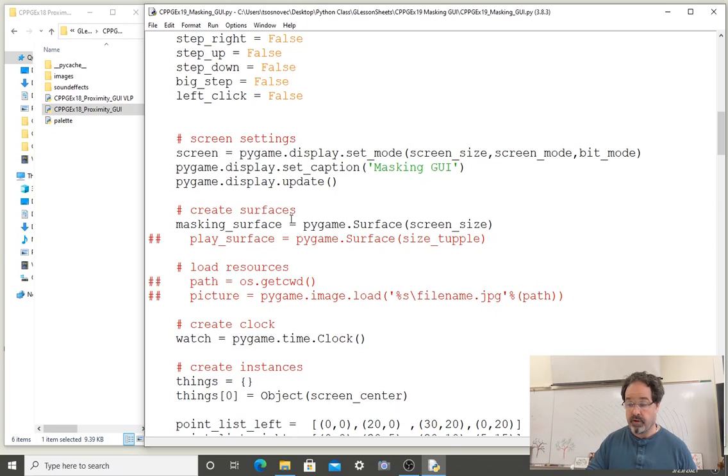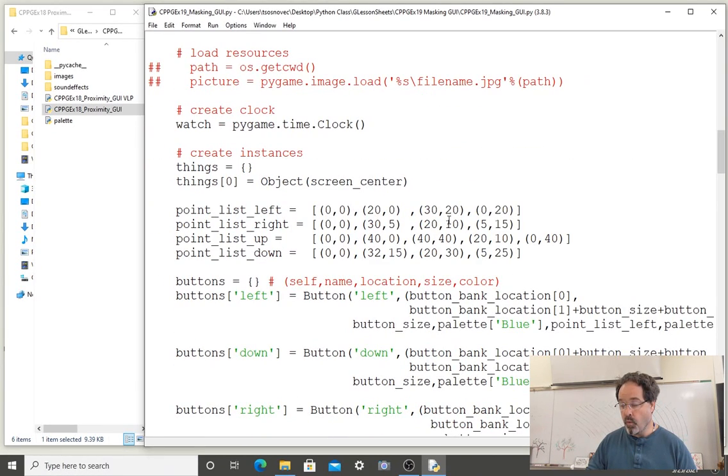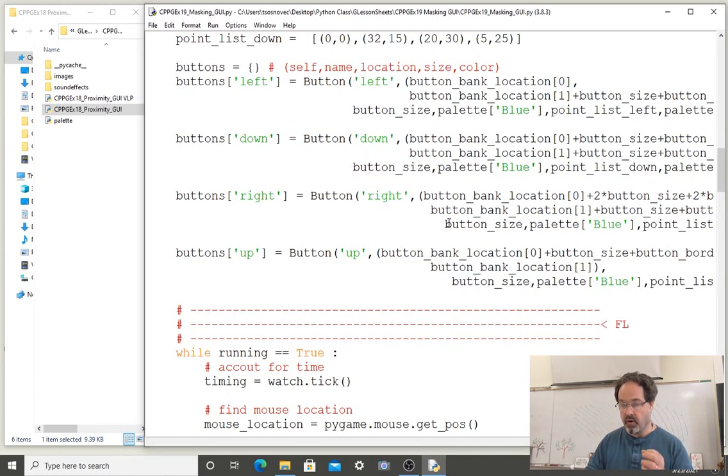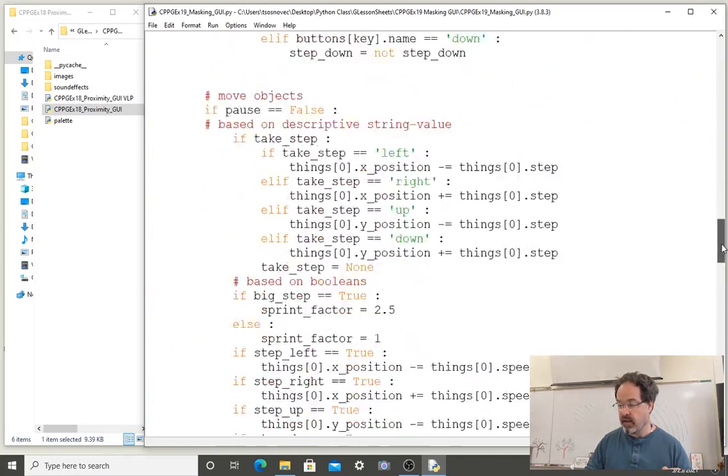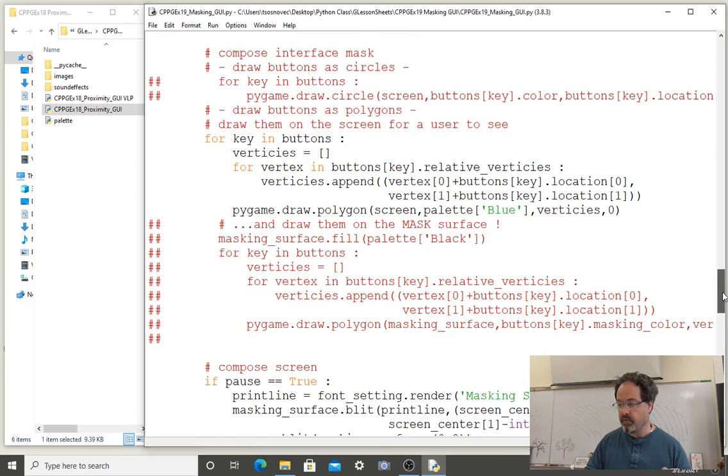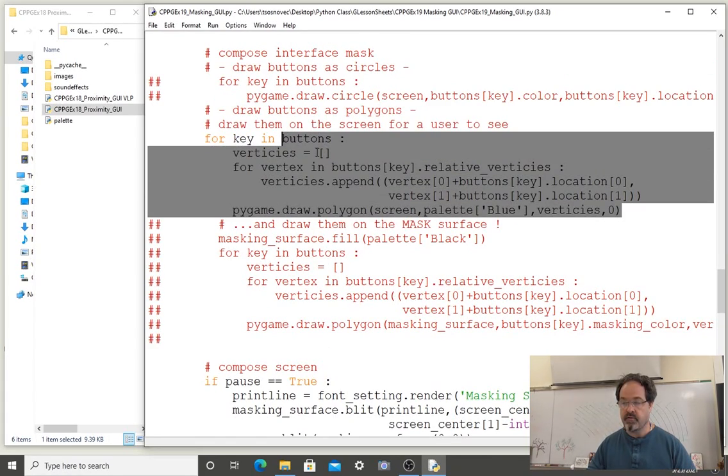First of all, we have to create an additional surface, and it's going to be the same size as the screen, because there needs to be a correspondence between the things that the user sees and the masking surface that we're going to check for interaction. So they're the same size. I've created that surface and I've called it masking surface. Now, when I draw buttons on the screen for the user to see, and we've done that near the bottom of our frame loop here, this is drawing the buttons,